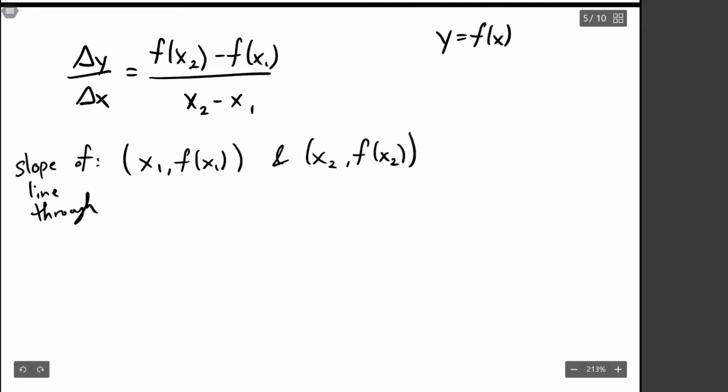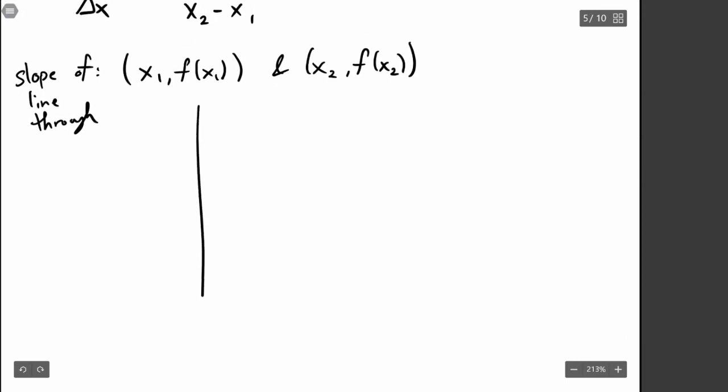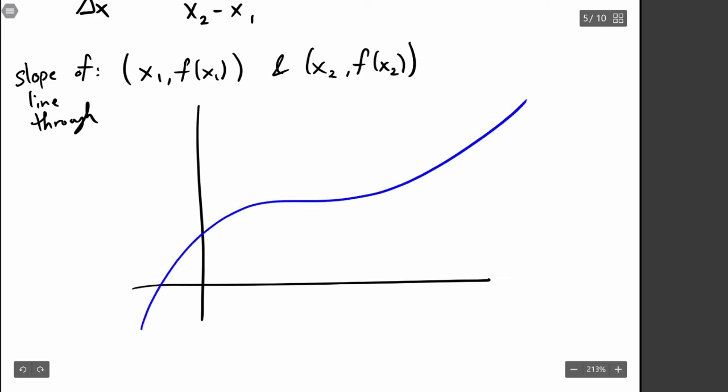Okay? So what does this look like if we draw it on the same graph as the function f of x? Okay, so what does that look like? Let's say here's some axes. Let's say here's f of x. If we say here is x1, then this height is f of x1. Okay. If we say up here is x2,